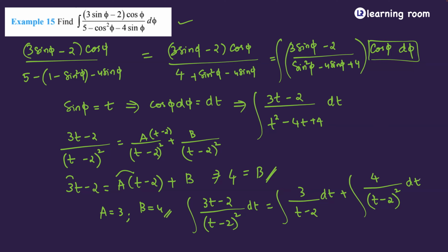So what will be the answer? The integral of 1 by t minus 2 is log of t minus 2. The integral of 1 by (t minus 2) the whole square is minus 1 by t minus 2. Okay. So the answer will be